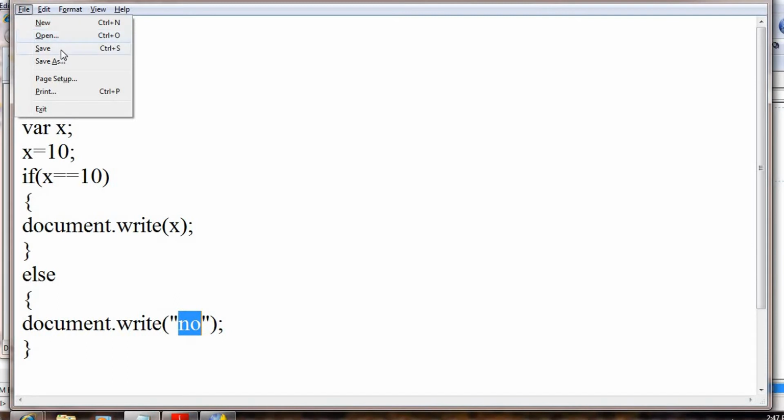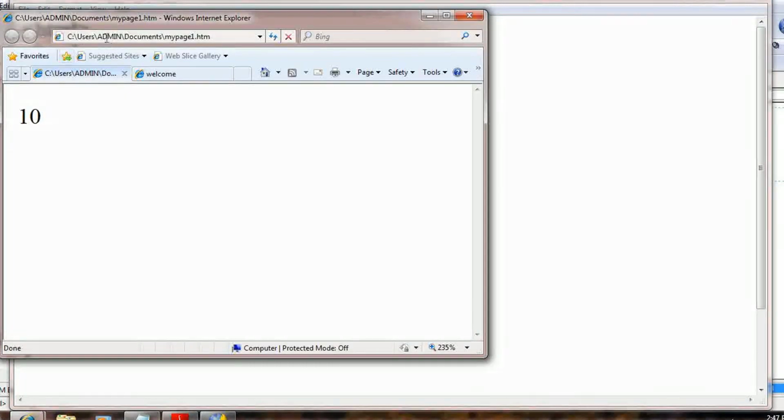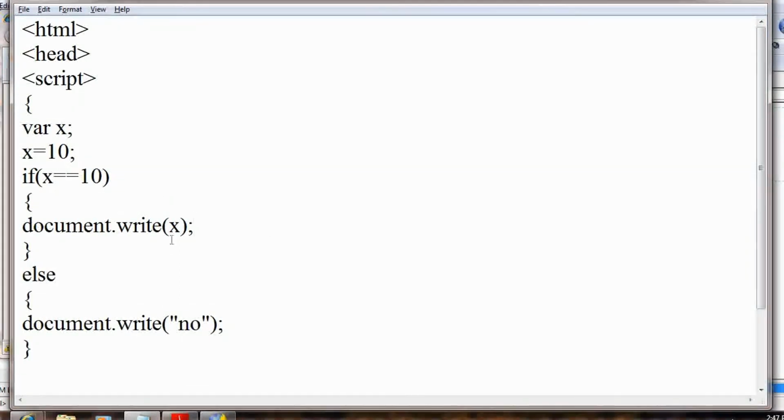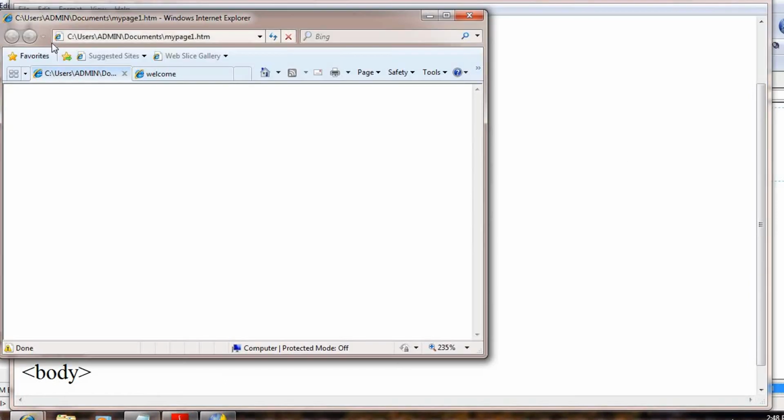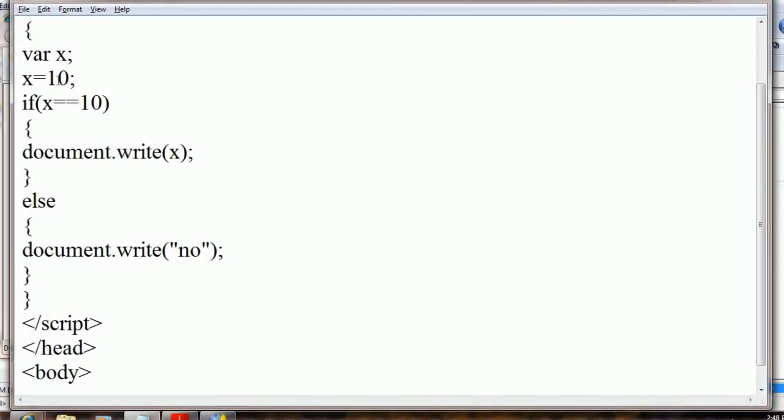We will check this. Right now if you open it, it will show the value of x, so it will show you 10. But suppose I change the value over here and put 0.